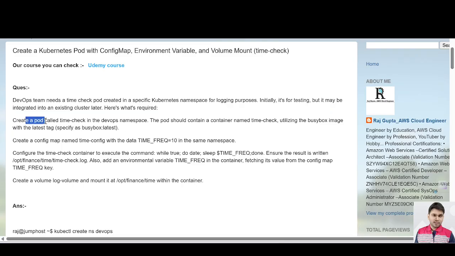Create a pod called time check in the DevOps namespace. The pod should contain a container named time check, utilizing the busybox image with the latest tag, so the image name is busybox:latest. Then create a config map named time config with the data time frequency equal to 10 seconds in the same